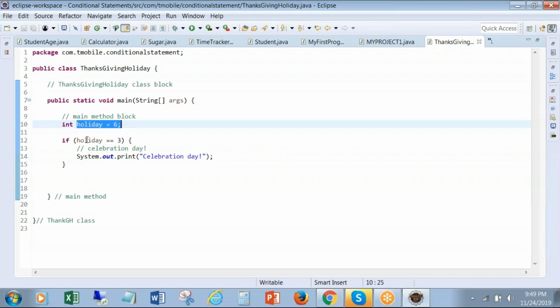And if holiday equal to 3, are we comparing? Is holiday equal to 3? Are you sure holiday is equal to 3? No, it's not 3. It's 6. So this is a false statement. Am I right? Yes, it is false. So if it is false,